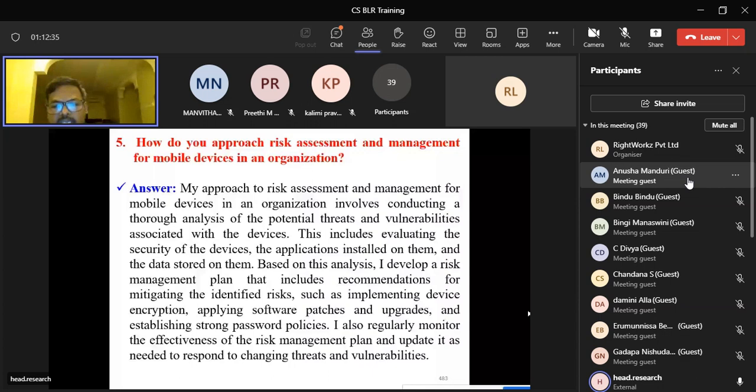I also regularly monitor the effectiveness of the risk management plan and update it as needed to respond to changing threats and vulnerabilities. So this is my approach to risk assessment and management for mobile devices in any organization. Like this, you can answer